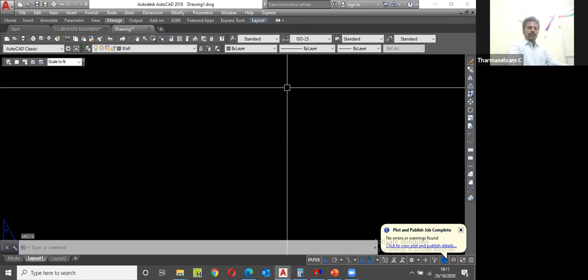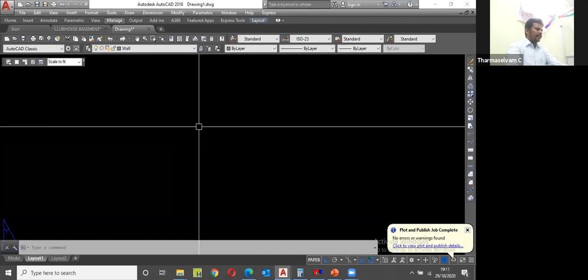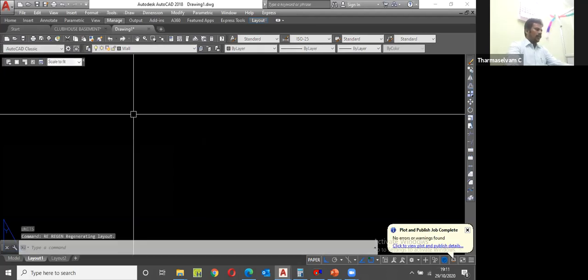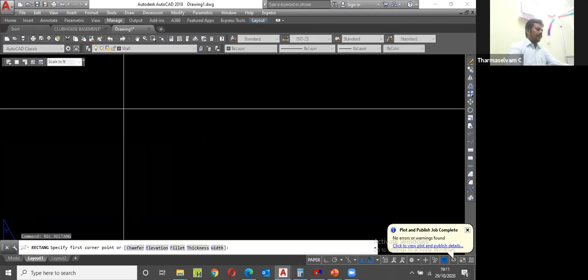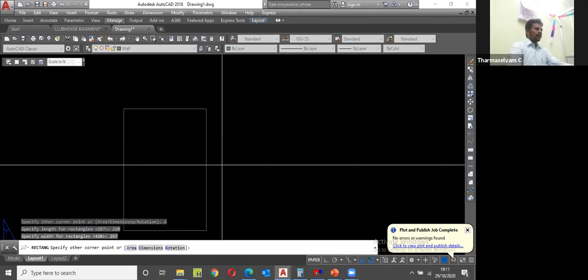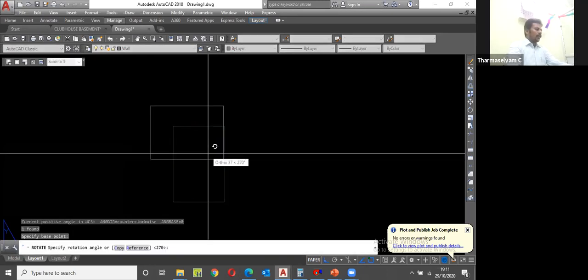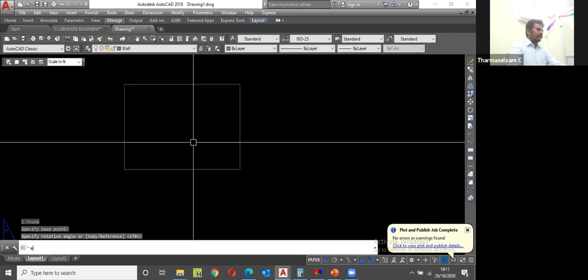Okay. Right. Now, in this layout, I am going to draw the A4. What is this A4 size? 210 by 297. REC, dimension 210 by 297. This is a quarter bit. I am going to rotate it to landscape. Now MV, enter.